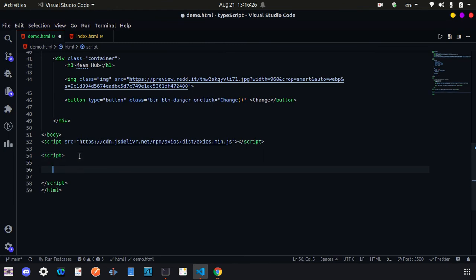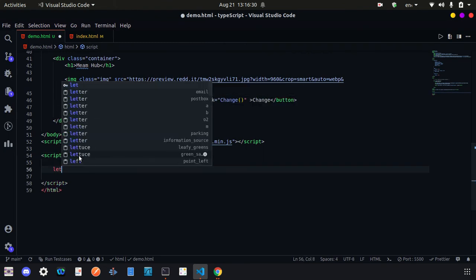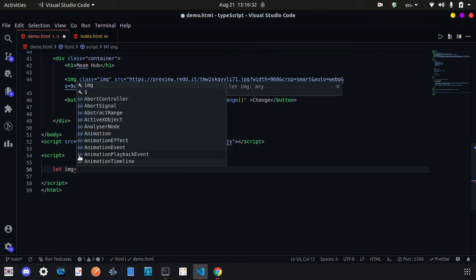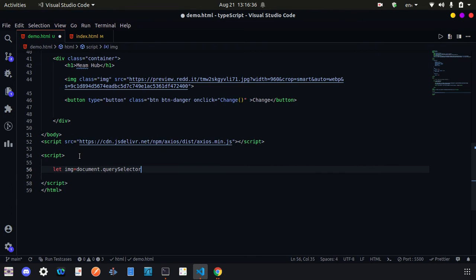And then first of all, let's get all our elements. So we want the button and img: document dot, we are selecting our image, img, and that's it. We only need the image because we are going to change the src of the image only. On click of the button, we are going to call the function change.